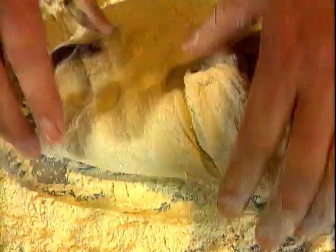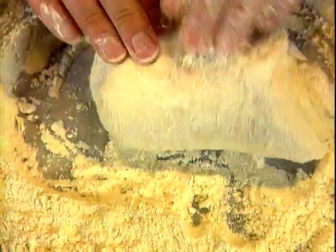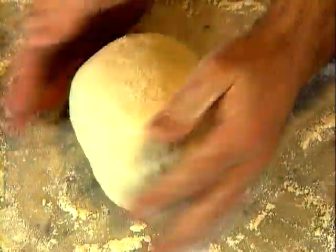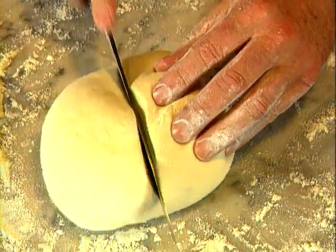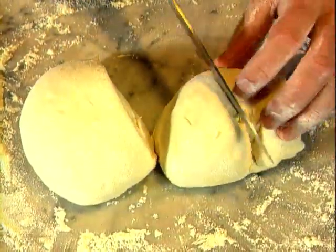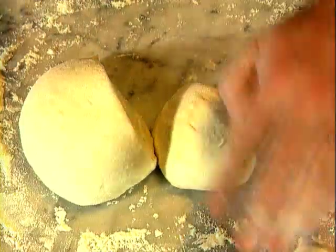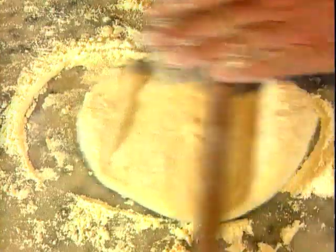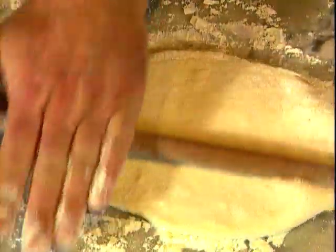It's then kneaded. This is one of my favorite cooking jobs. A good kneading. I love to knead. I need to knead. Just make sure that the dough doesn't stick to the board, adding flour when necessary. And after about 5 minutes, I divide the mixture into 4, then roll out each piece for my calzone